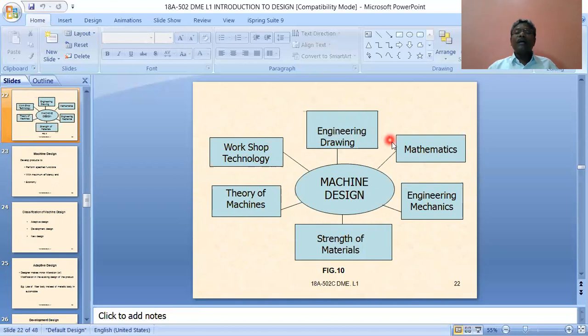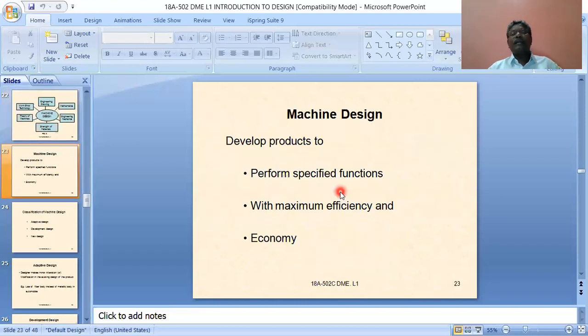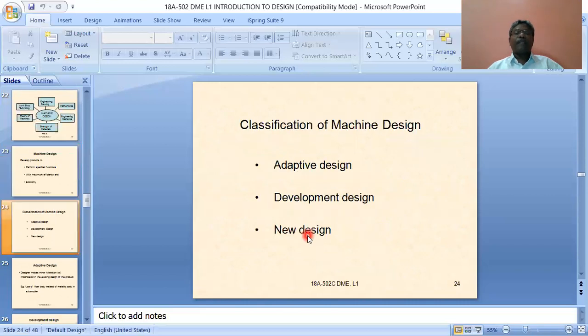All these concepts are required for designing any component in case of machine design. Machine design develops products to perform specified functions with maximum efficiency and economy, right? The classification of machine design has three categories. Number one is adaptive design, that means an already existing design is slightly altered or modified. Whereas developmental design modifies the methods or materials, whatever it is. And new design is completely new one,